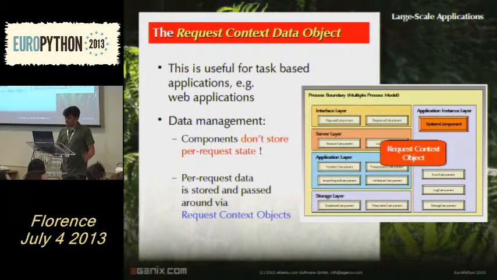Right. I mentioned you're not supposed to keep state in the component objects. So how do you do that? Well, the best approach that we found is that you simply use context data objects. So you need to work on some kind of request, for example. You put all the data that you need for that request into one single data object, and you pass that data object around. So all the methods that we have in the system always take a context parameter, and all the work is only done on that context object. So no state gets leaked into the component objects. And that works really well.